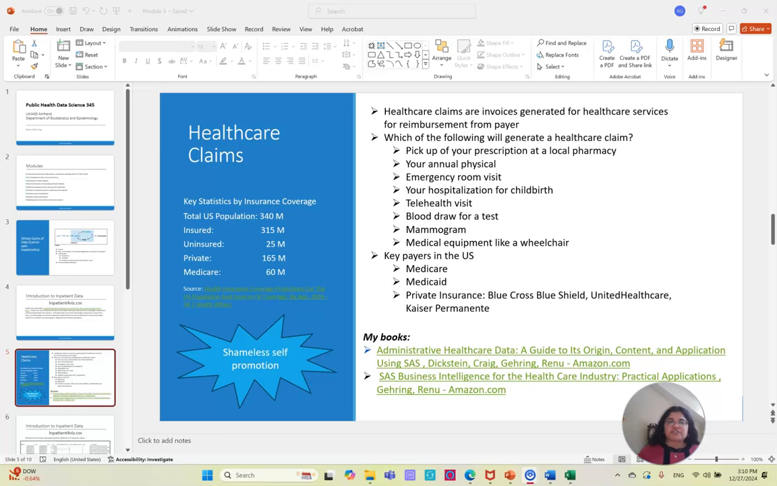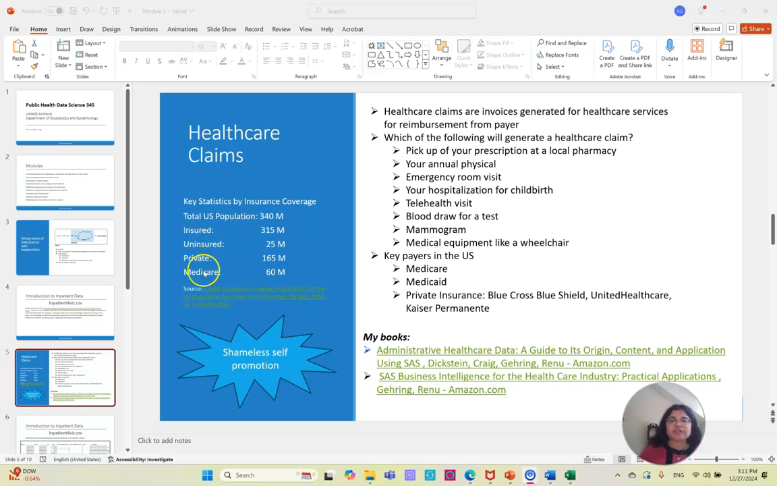Which actually brings me to this table that I have put together, and it gives you some key statistics by insurance coverage. The total US population is around 340 million, and the insured are about 315 million. So it's shocking and surprising that we have about 25 million uninsured people in the country, who, if they have a catastrophic health event, are liable